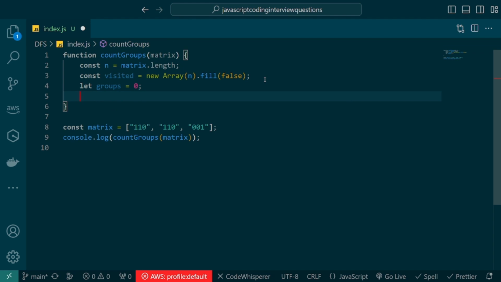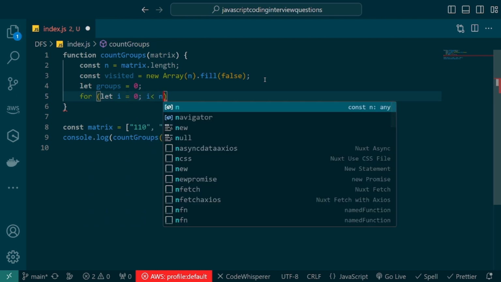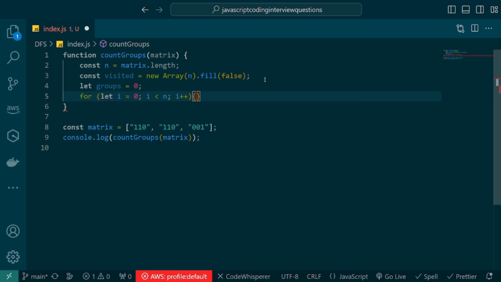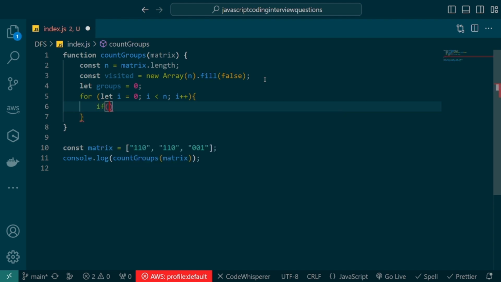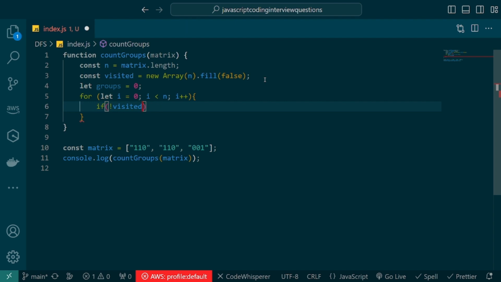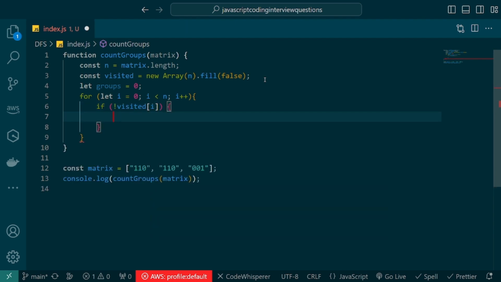See here what I'm going to do: let i equal to 0, i less than n, where n is the matrix length, and then increment that value. Then if visited[i] is not true, since visited gives false for each and every value, if it's not there, then I'm going to create